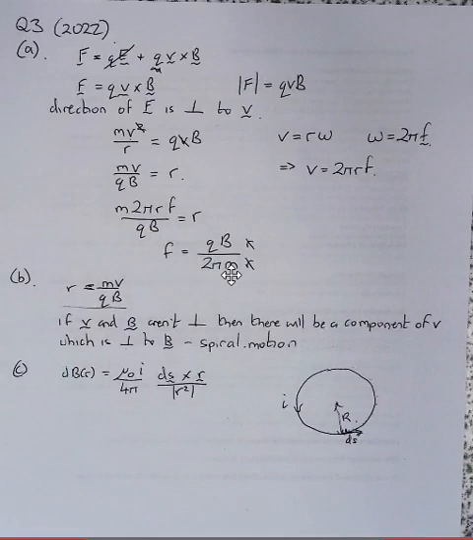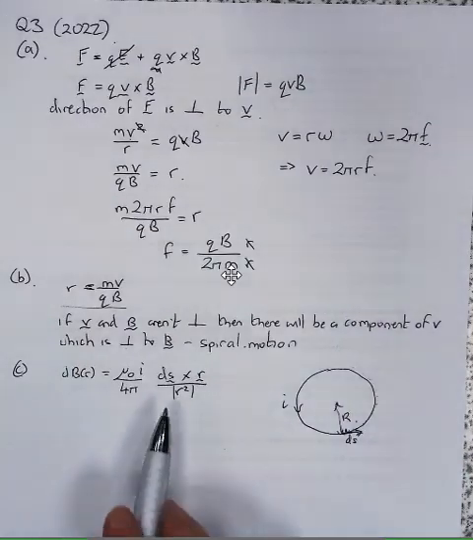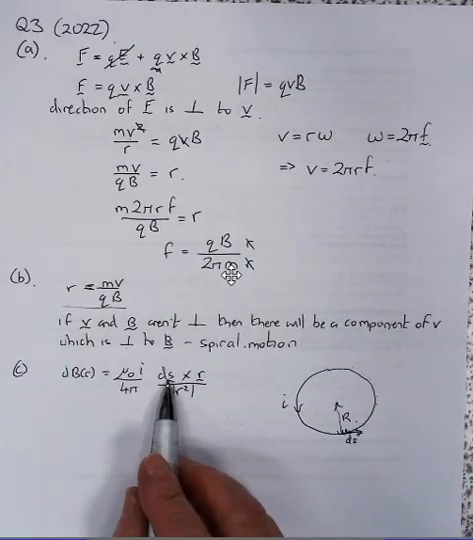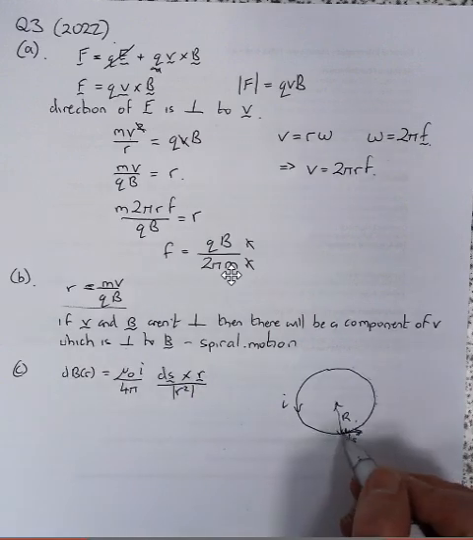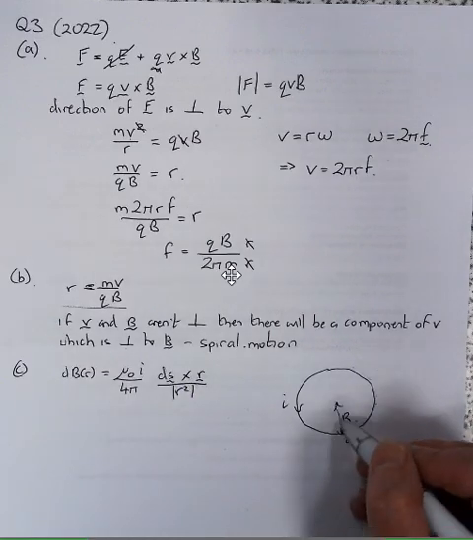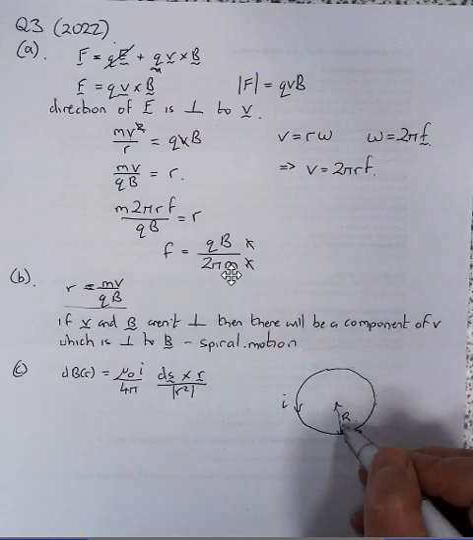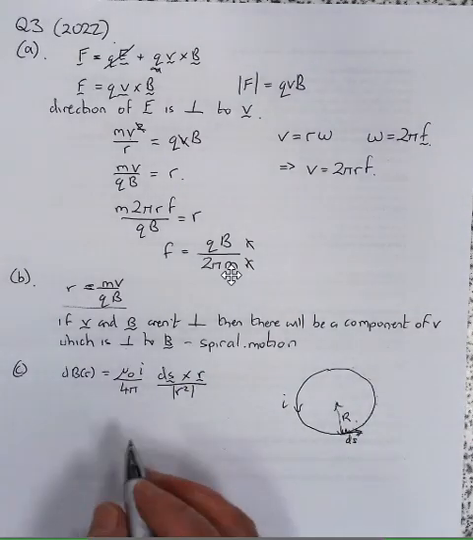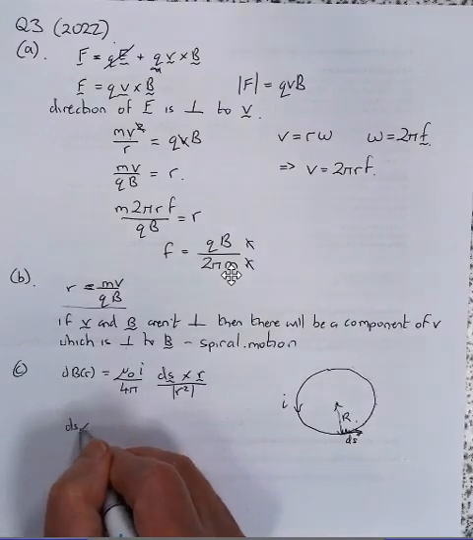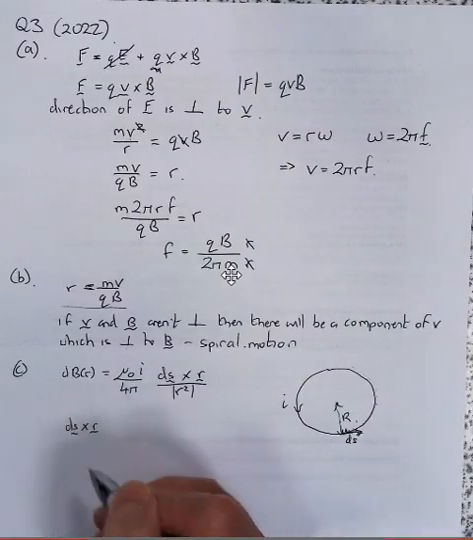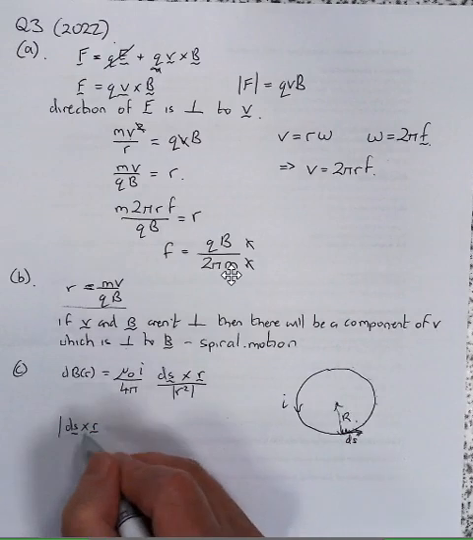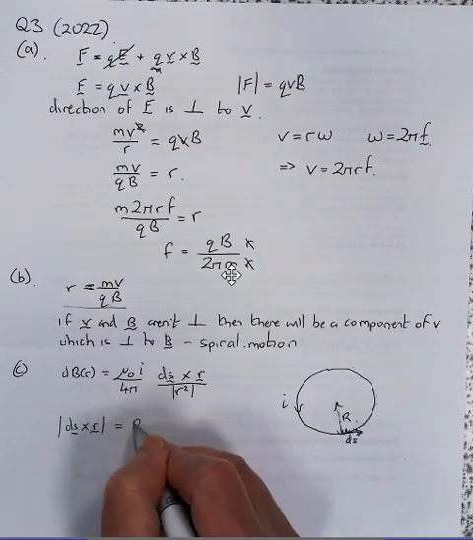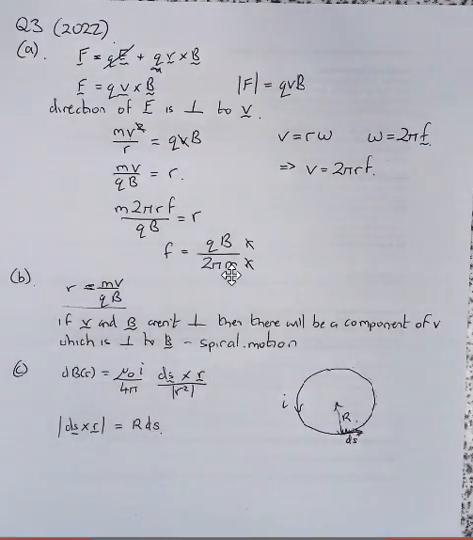Okay. Now, as you can see there, ds cross R, ds is a tangent, R is radial, they are at right angles to each other. So ds cross R, the modulus of that is just going to be R ds,